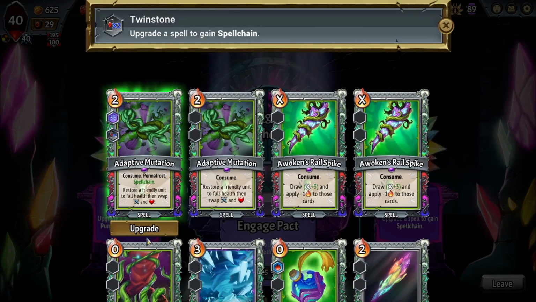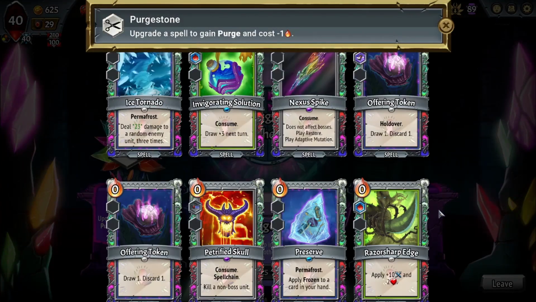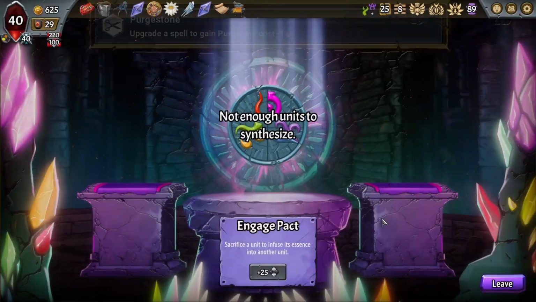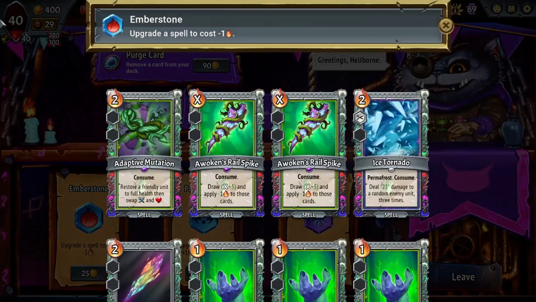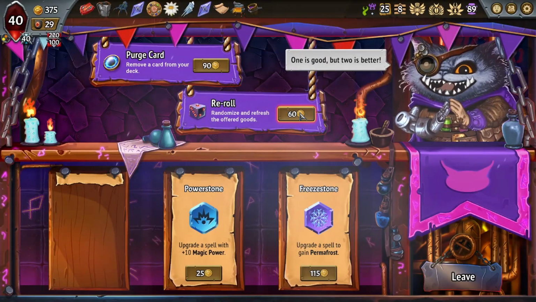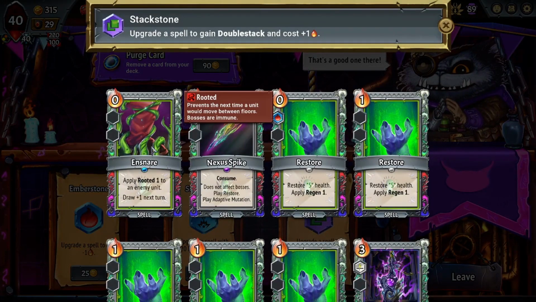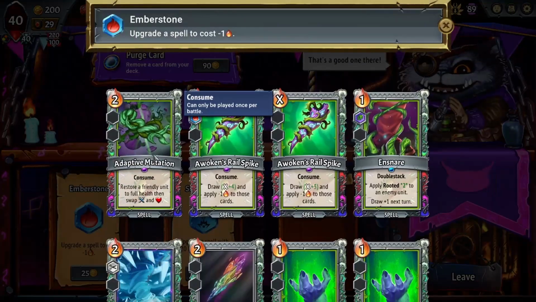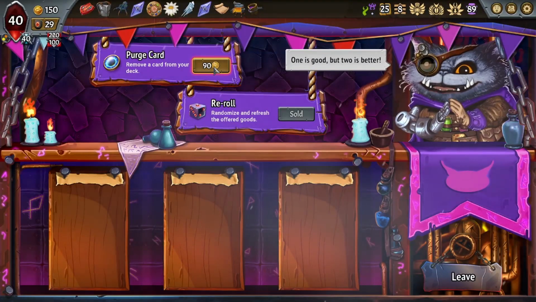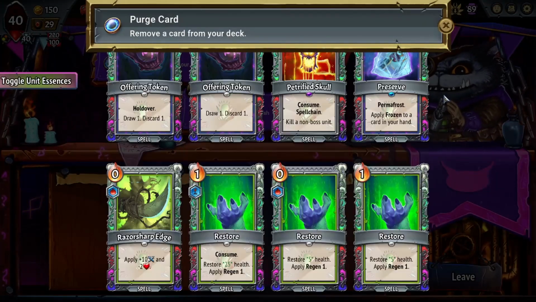We're going to Twin Stone this one. We're going to Purge and -1 the last tornado. We're over 200 shards now. We're remembering to grab these spikes. We can put -1 into a real spike, double stack into an ensnare, and a +20 consume into a different restore. And then we are just going to